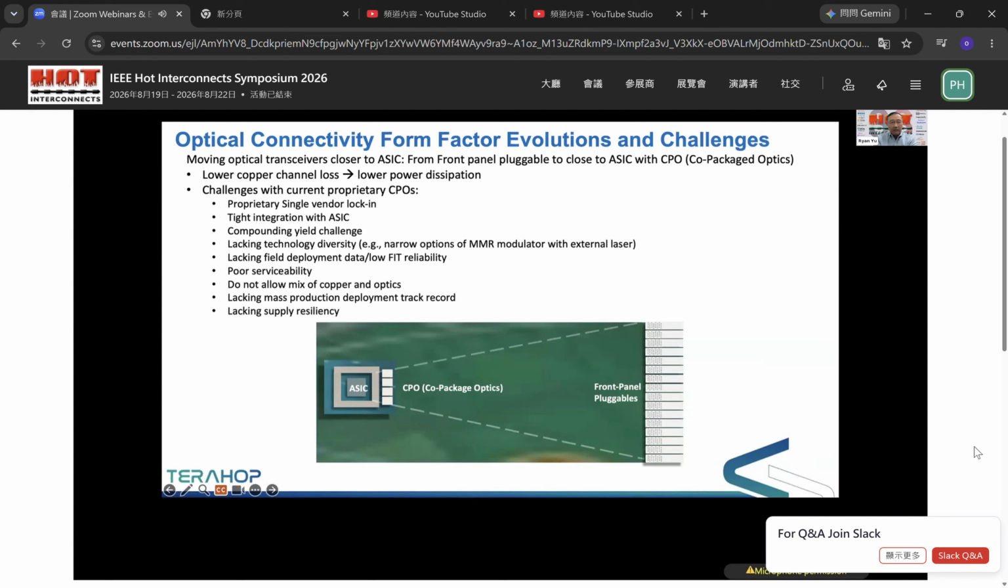So just to list some of the problems we are trying to solve here. One is that so far, most of the CPOs promoted out there are single-vendor lock-in, proprietary solutions. And these are very tightly integrated with the ASIC. It also comes with compounding yield challenges when you try to have a really tight integration with the ASIC, practically at the co-package level. And also lacking technology diversity. If you really pin down to a particular proprietary technology, usually they pin down to a particular choice of